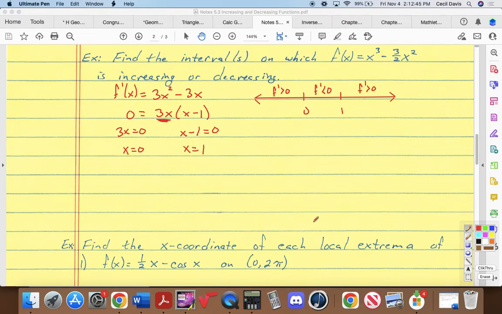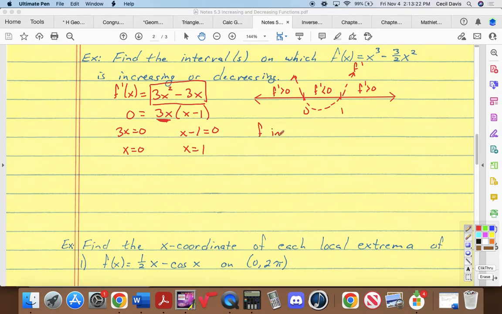Which, before I go on and finish this problem, we should have known already. What kind of a graph is this going to have? Just what's its general shape? It's a parabola. Is it facing up or facing down? Facing up. F prime's got to look something like that. Sometimes it's faster and easier just to go, I don't need to check all those points. I know what this graph looks like. Okay, so